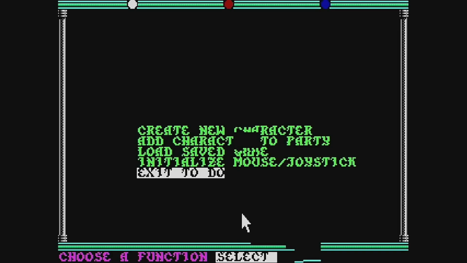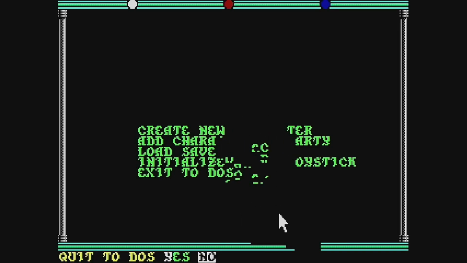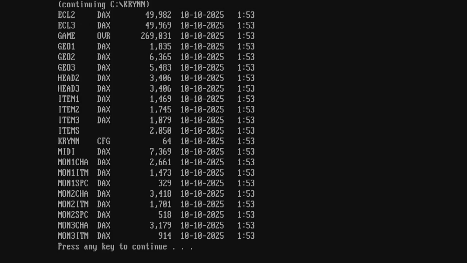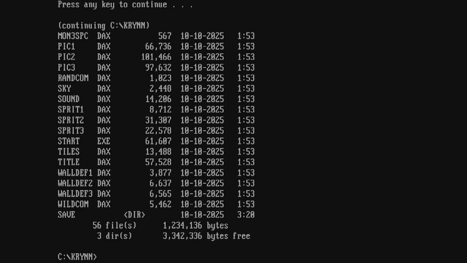And the mouse does work, although it's kind of messing up that. Exit to DOS. Yes. There's probably a CFG file. I don't see a config